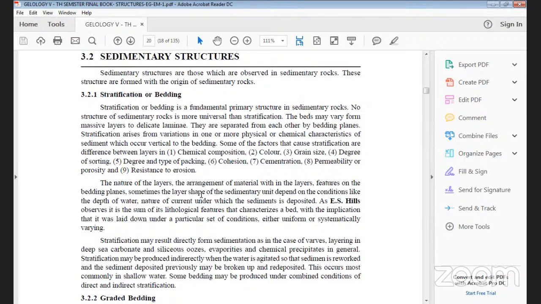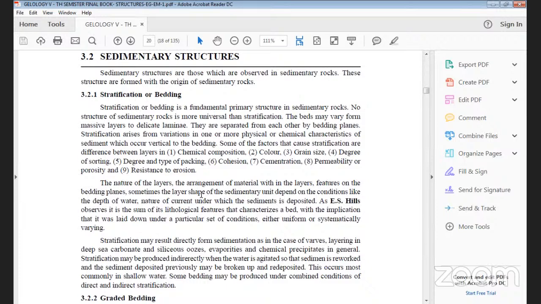They are separated from each other by bedding planes, so stratification arises from variations in one or more physical or chemical characteristics of sediment, occurring vertical to the bedding. Some of the factors which cause stratification between the different layers are: